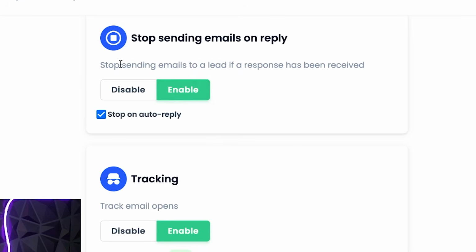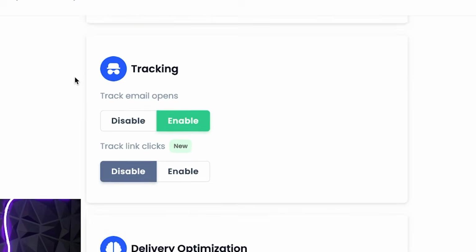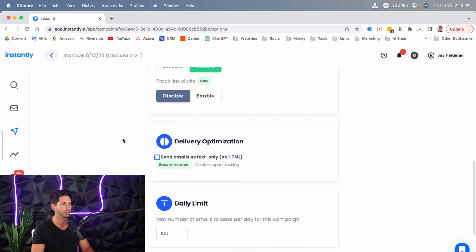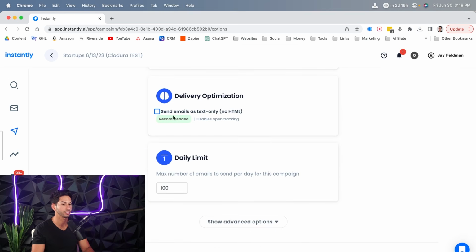I always keep that on enable, and stop on auto reply. Tracking open emails. So they now have the ability to track link clicks as well. So if you're ever sending a link, I definitely recommend that you enable that, at least for the start. Once you have a campaign that you know is working, they also have the ability to send as text only